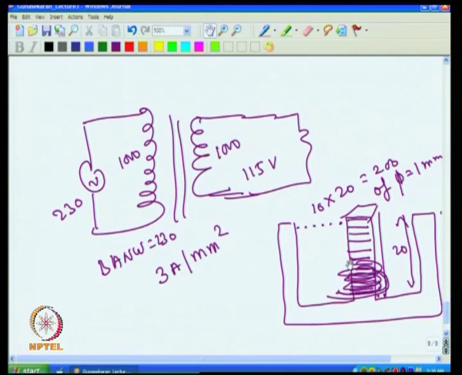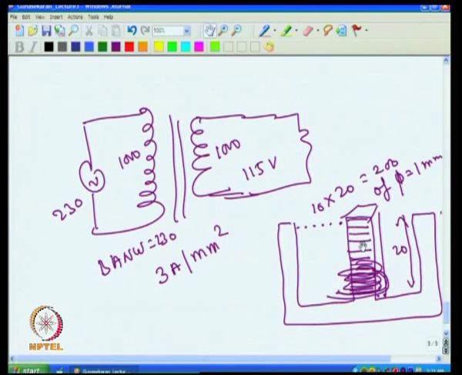So this is an easier way of doing this in the academic environment. But in the real world, what they do is they know the core size, and once they know the core size, they know how much wattage it can handle, and according to the wattage they select this. That is what you will see in the textbooks and other design books, and there is no compulsion that one has to follow that route only. It is easier to follow the route that I have shown you, because in the academic community you have a core in your hand, and with that core you can always find out whether the given wattage can be obtained or not, otherwise you can go to the next core.